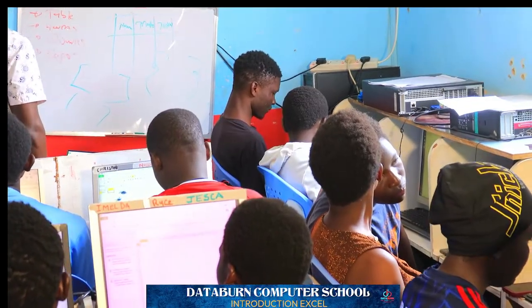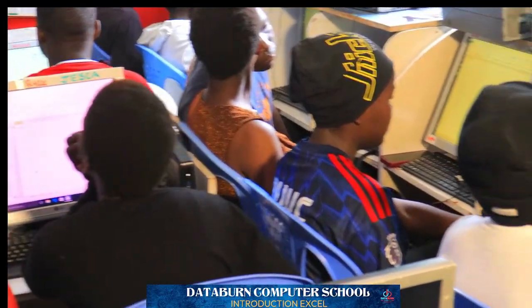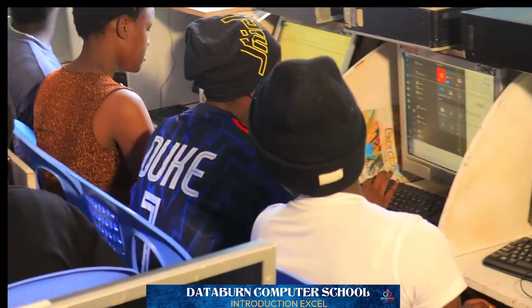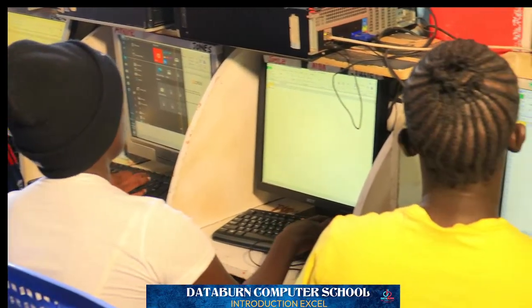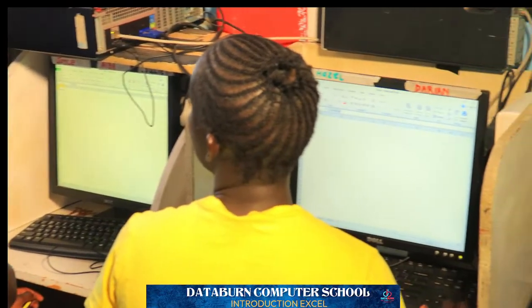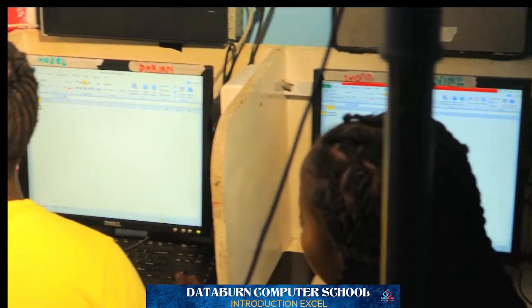You can delete that name. Just highlight, then press spacebar. Highlight, then press spacebar. So let us come to this one, A2. So in cell A2,